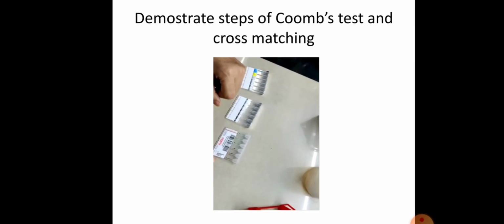If there is A, it will be there in the center, and if it is positive, that's also in the center. Whereas B and the others will be there in the bottom. If no agglutination is formed, it will be at the bottom. If there is agglutination, it will be in the center. This gel card is a newer method, and the gel detects very nicely. Have you understood how to demonstrate the Coombs test and the cross matching and its importance? Further, I will tell you.